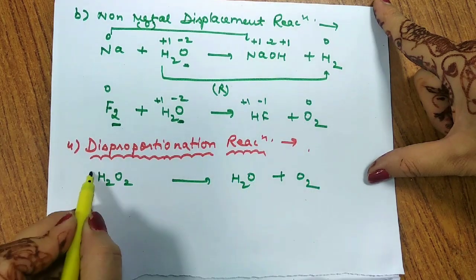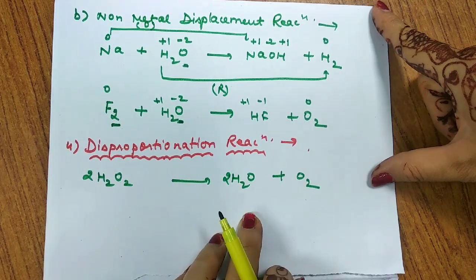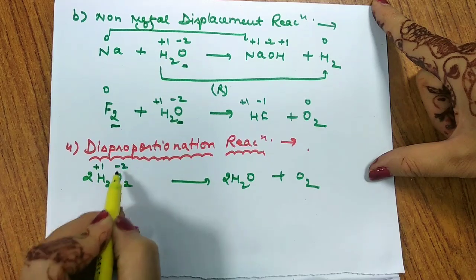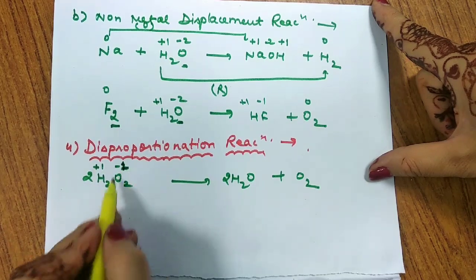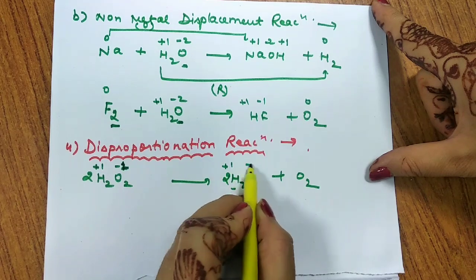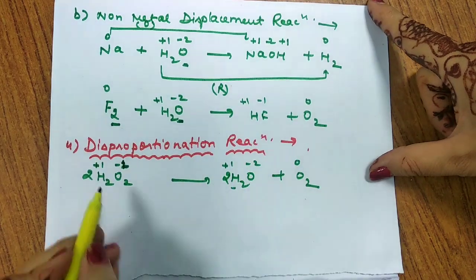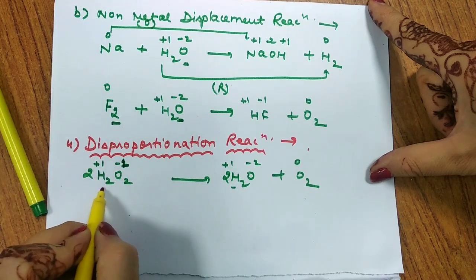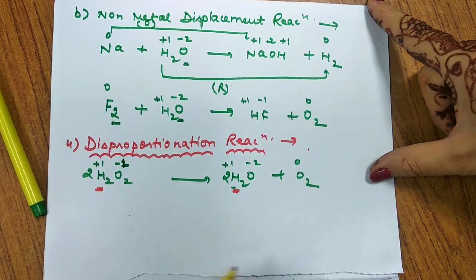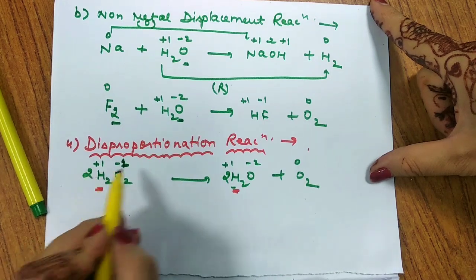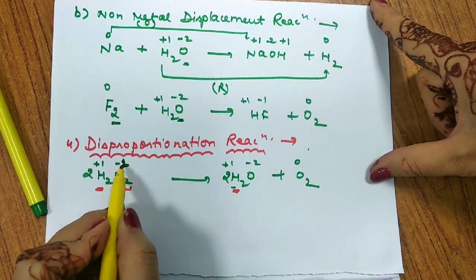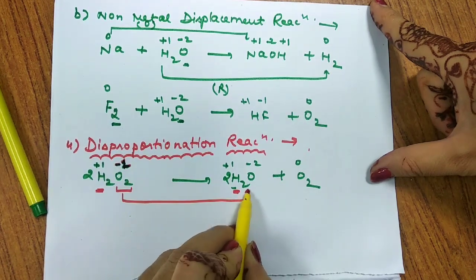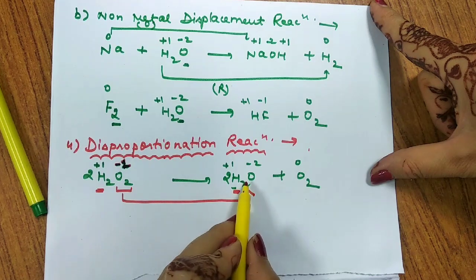Let us take an example of 2H2O2 dissociating into H2O and O2. Let us see the oxidation number. Sorry, this is -1. In H2O2, as it is a peroxide, this is +1, -1, and then +1, -2 and 0. So if I consider the oxidation number of hydrogen, there is no change. It is +1, it is +1. So it is a spectator species, there is no change in oxidation number. Let us talk about oxygen. This is -1. In the first case we observe from peroxide to water, it changes to -2.